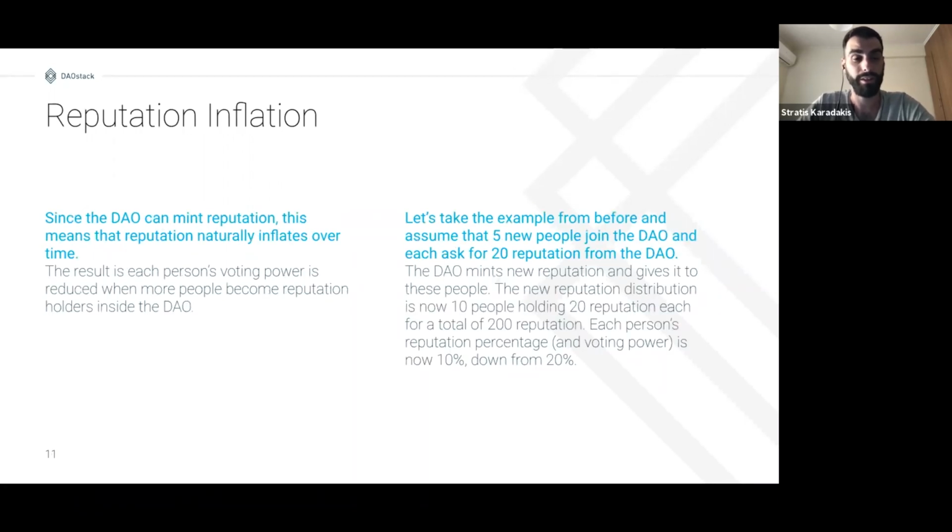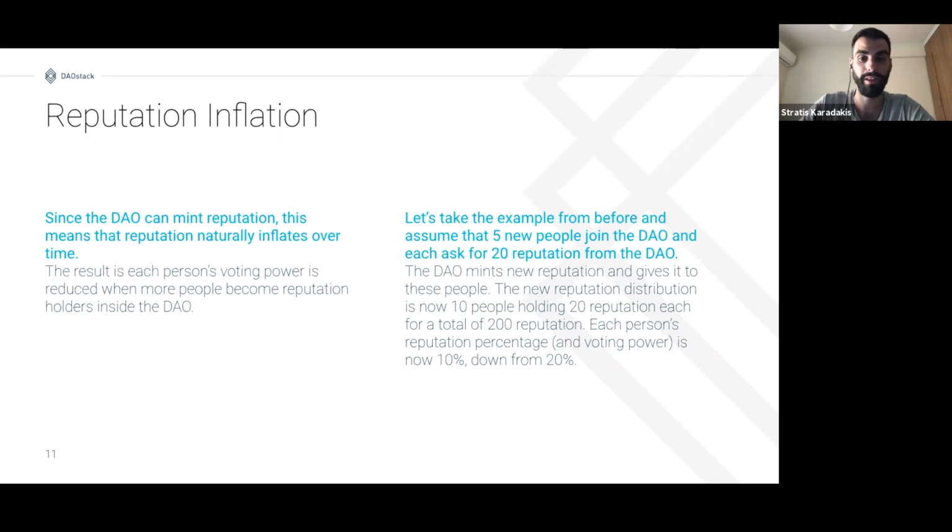Now, something interesting about reputation, the way it is designed, is that it inflates. The reason why is because the DAO can mint reputation over time as more members join. So the result is each person's voting power in the DAO is reduced when more people become reputation holders inside the DAO. And if we want to take the example from before to explain how this dynamic works,